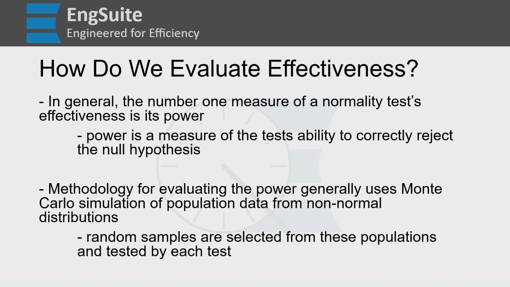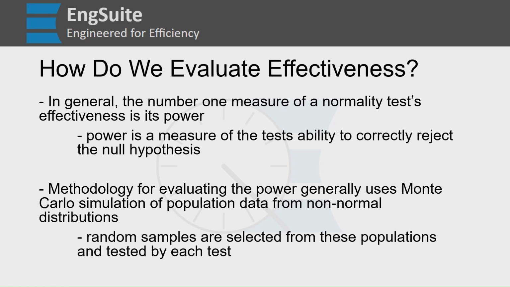Okay, so how do we evaluate the effectiveness of a normality test? Well, in general, we use what's called the power. And so the power is a measure of the test's ability to correctly reject the null hypothesis. So that means